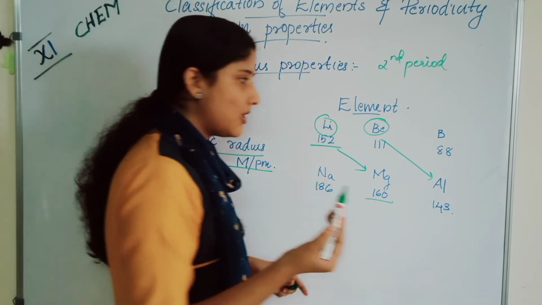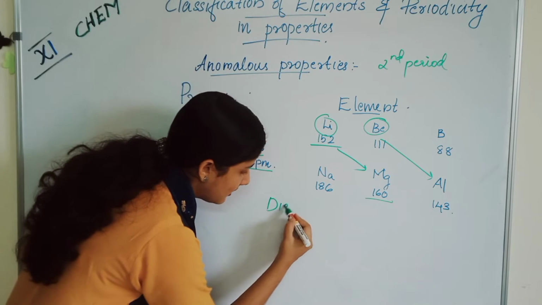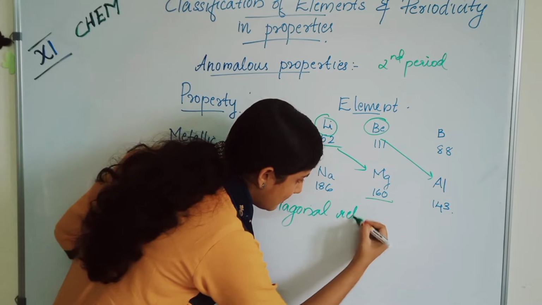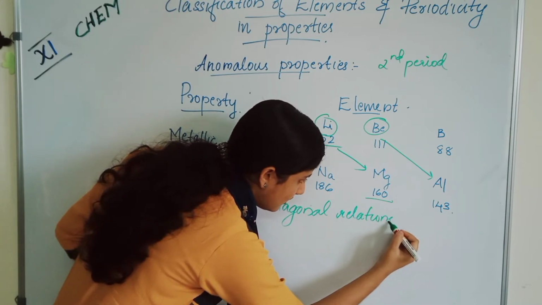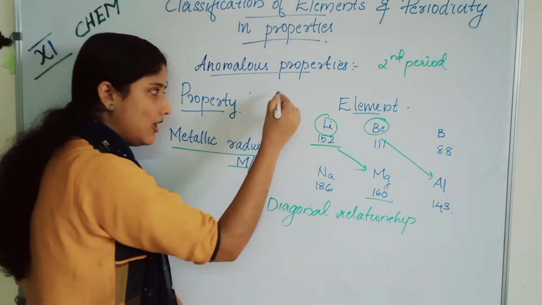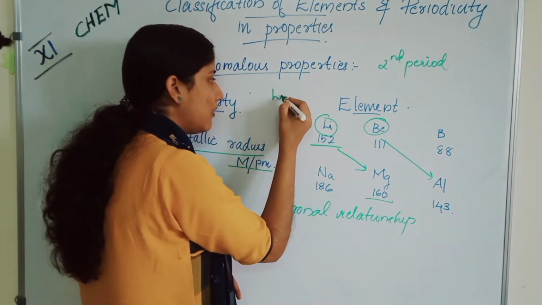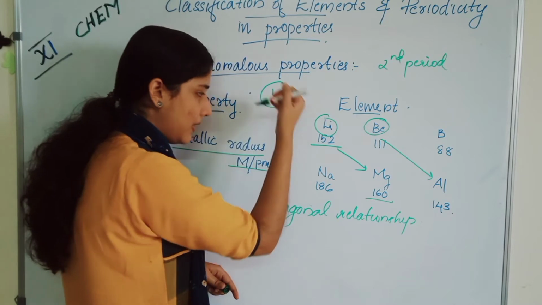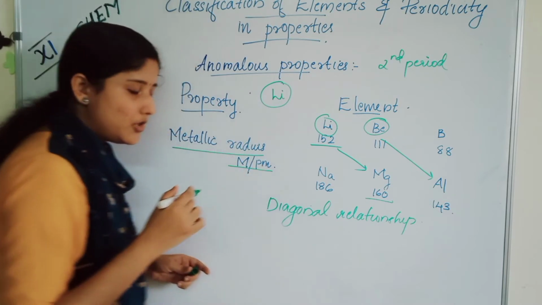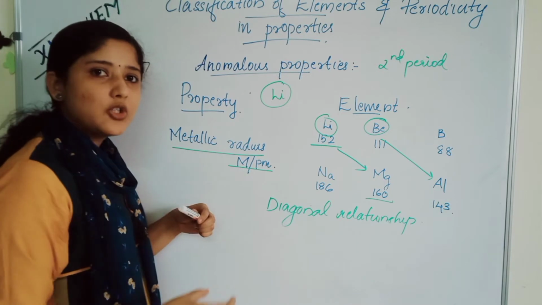They show some exceptional properties. Boron too. For these elements it is called a diagonal relationship. You may have already studied this. Usually the elements in a group show similar properties, like lithium, sodium, potassium, rubidium, cesium, francium. But lithium shows some exceptional properties compared to the other elements in the group. These first elements in the period usually show covalent bonds, whereas the other elements only show ionic bonds.